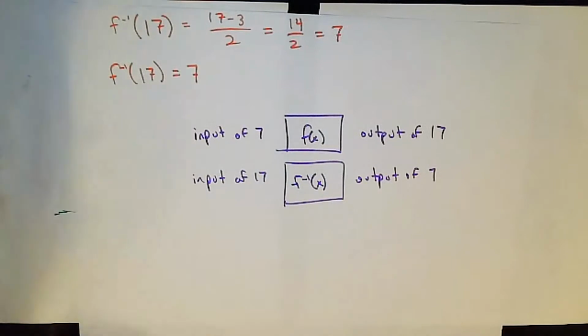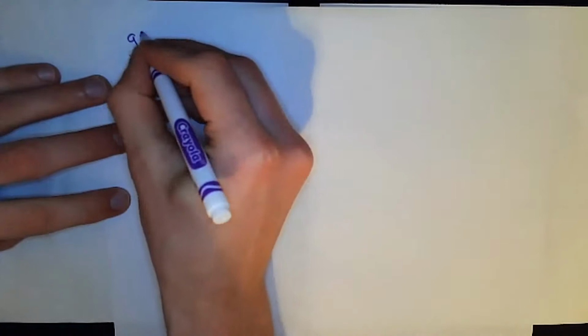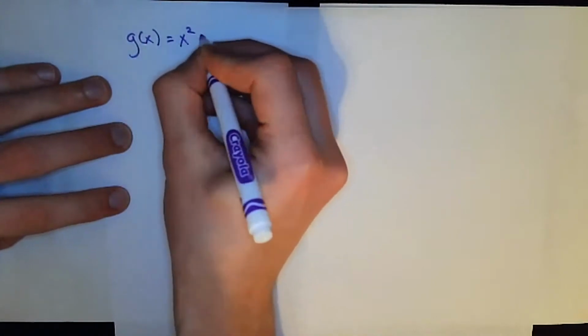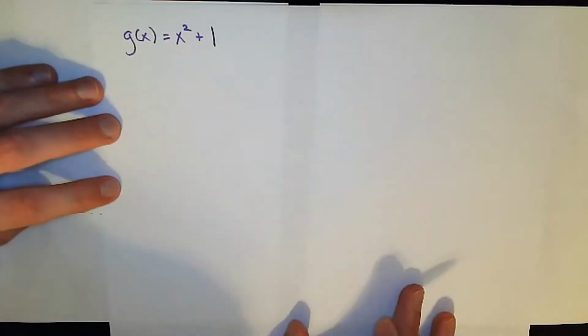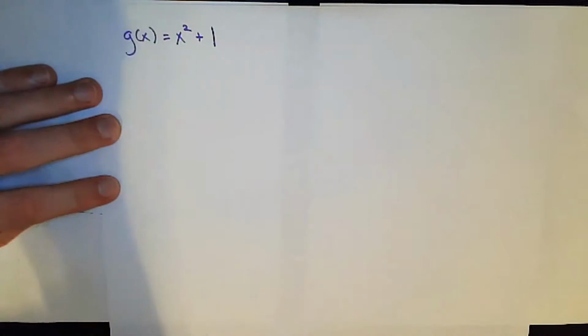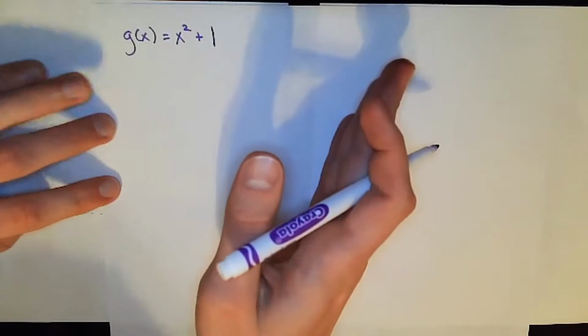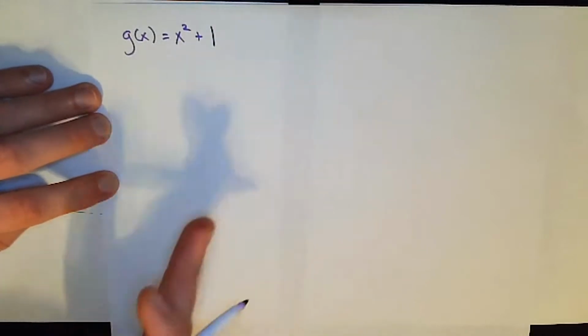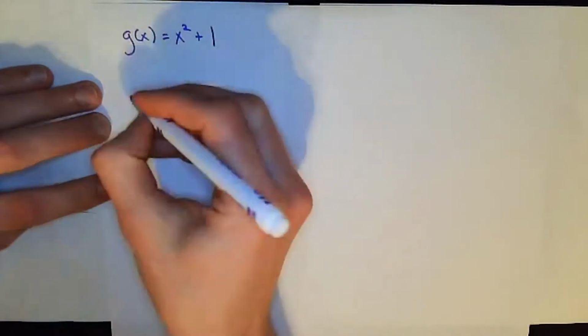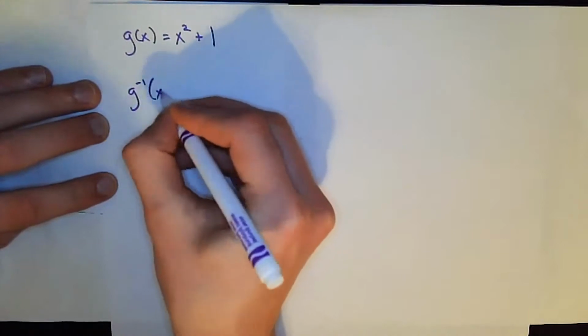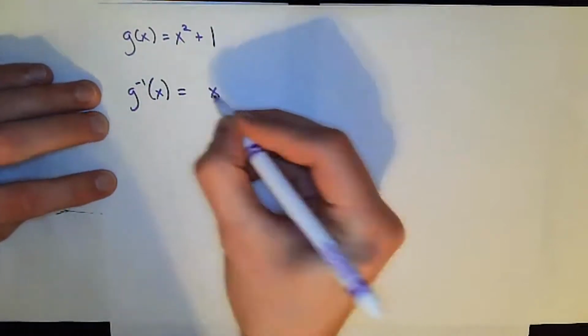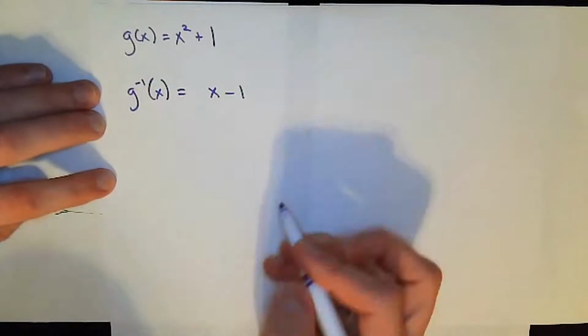Now, let's talk about that g of x function. I'm just introducing you to this idea of what inverse functions should do. g of x is x squared plus 1. If I said find an inverse function, you might say, okay, I square x and then I add 1, so I'm going to do those in opposite order: subtract 1, and then take a square root. Does that make sense? Hopefully those are the opposite operations. So I'm going to take x, subtract 1 from it,